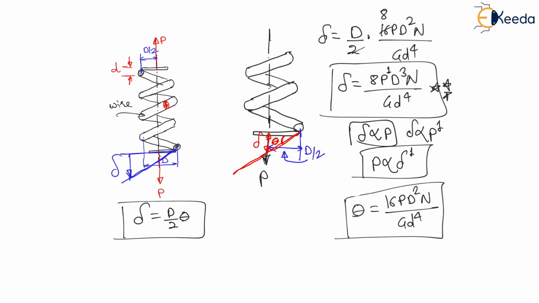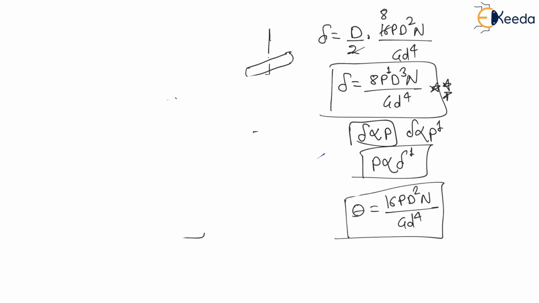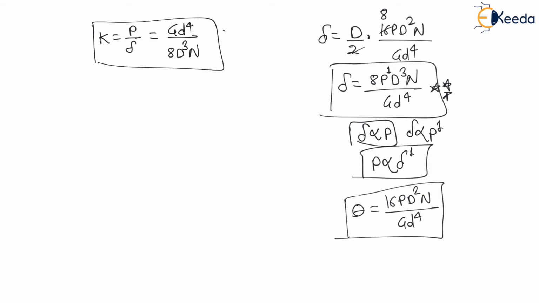The spring constant is called spring stiffness. So let us understand spring stiffness, and also we have to find spring stiffness here, right? So my dear students, the spring stiffness K, which is nothing but the ratio of force to the deflection, is a spring stiffness or spring constant, right? Now this K is equal to force divided by deformation, which is nothing but, if I consider this delta towards force, then the answer I will get is G d power 4 divided by 8 D cube N. This will be the spring stiffness.